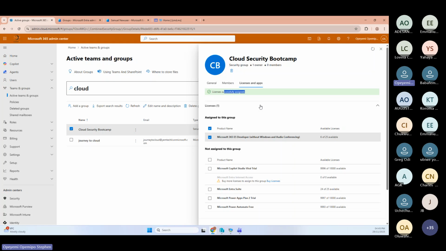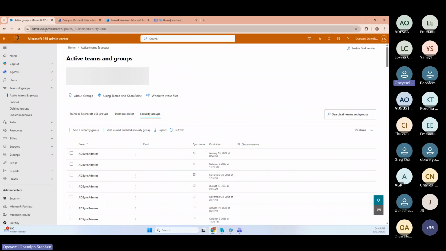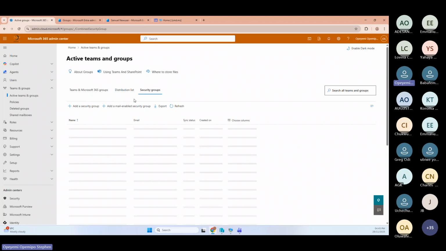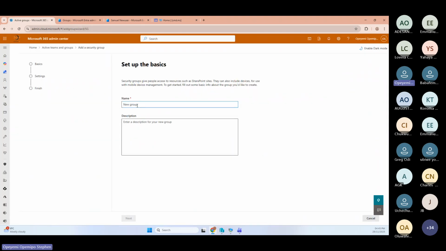Now, I want to show you another place you can assign a license to a group. I'm going to show you another one. Now, close this one. Let me create a group here in this admin environment. I'll come up here, security group, and come up here, add a security group. Here, let me just give this one a name. Let me just say cloud